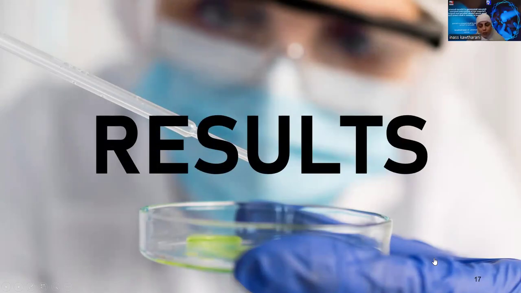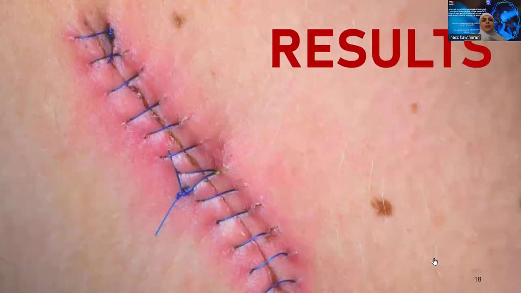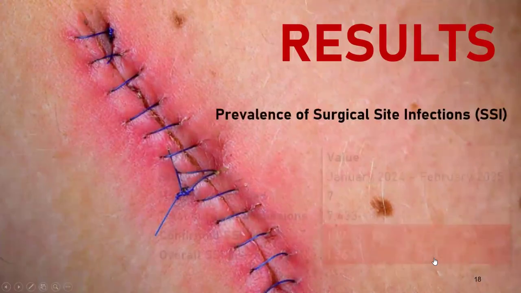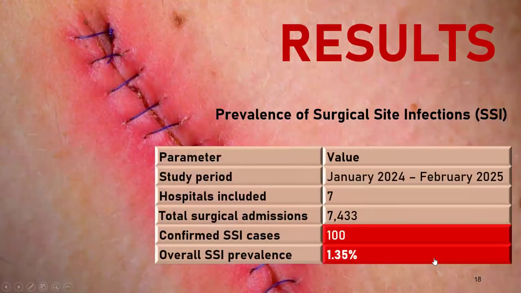We have a lot of results, but to respect our time, I will present the most important results, sometimes briefly. So let's start with the prevalence of surgical site infection. During the study period between January 2024 and February 2025, 7,433 patients underwent a surgical procedure in 7 hospitals across Lebanon. Among them, hundreds of patients developed surgical site infection with an overall